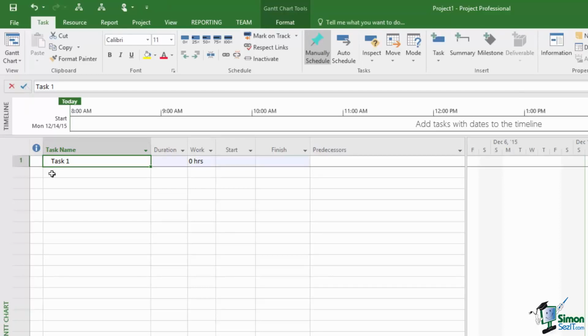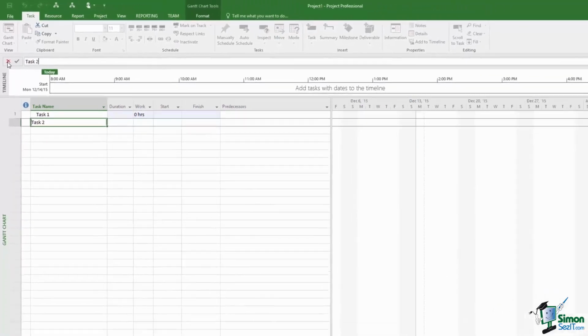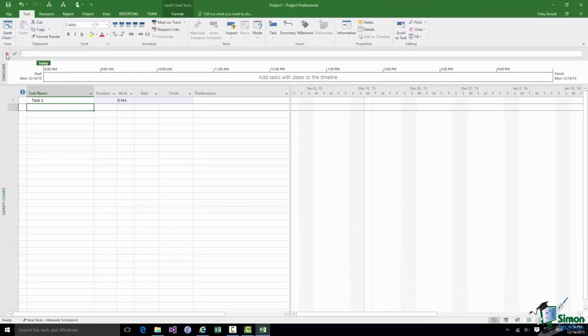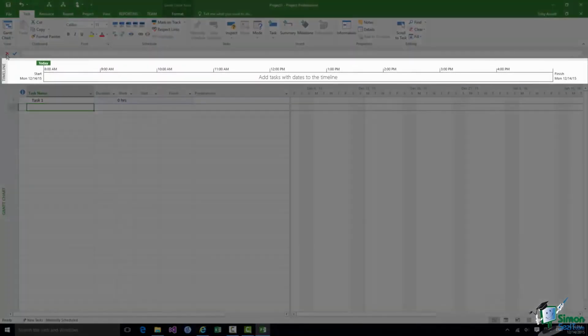If I click down to the next row, and I intended to type task 2, I could type task 2, change my mind, click on the X to the left, the cross there, and that cancels what I'm typing. That's the entry bar, more later. Below the entry bar we have the timeline.